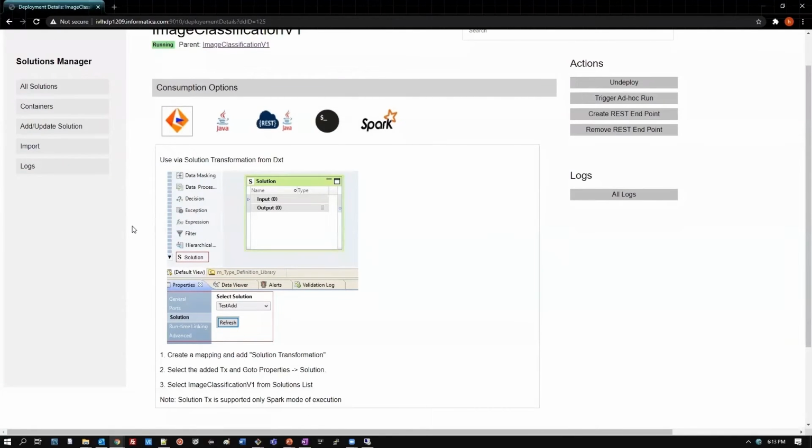So for that, we can create a new transformation within Informatica Developer tool. And in that transformation, we can select solution, which will give an option to browse all the deployed solutions. And we can easily select one of them and use it to run on top of Spark.